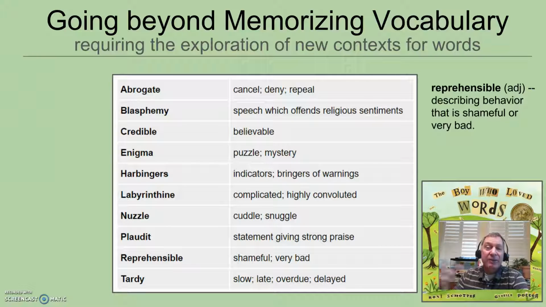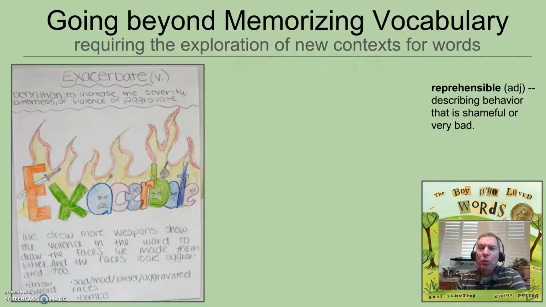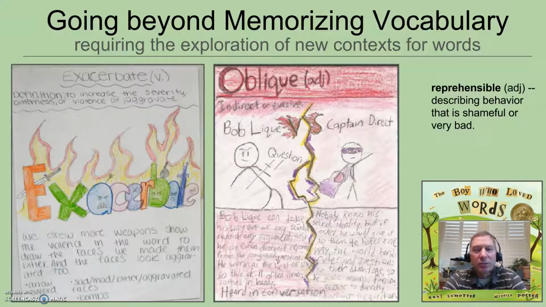And I'm going to show you some of the activities my students have made very quickly. They like word art, where they visually represent the word, and then because I require writing, I make them explain their representations. Here's an example for exacerbate. If you were to make word art for the word reprehensible, what would it look like? My students came up with this one too, superhero, supervillain. It's kind of personification meets antonyms and synonyms. The word becomes either the superhero or the supervillain, and then you create the other half and describe. Here's an example for the word oblique. What would you do? Would reprehensible be the superhero or the supervillain?